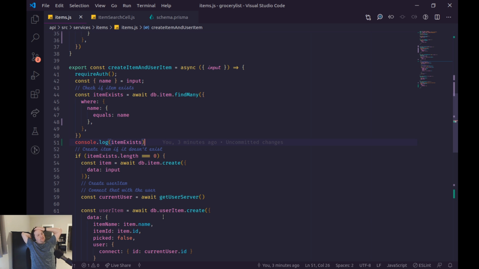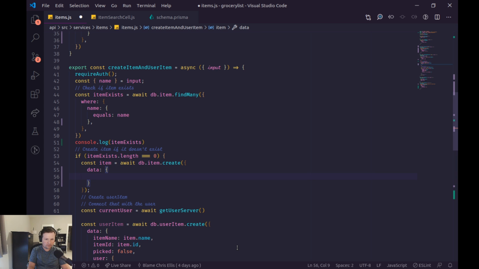So this sends back an array, and if the length of the array is equal to 0, then it will create, here we go. That's where the issue is. So it will create an item by the name tacos,